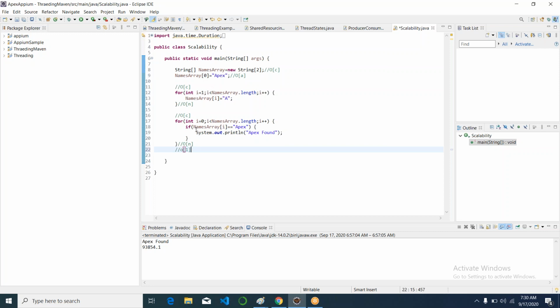So if you take the best case, the time complexity will be constant, but if you take the worst case, the time complexity will be linear. So whenever you're calculating the big O notation, you always need to consider the worst case. That is one of the rules provided. You can exclude the dominant factors is one thing, and you also need to consider the worst case when you are calculating the big O notation. This is one of the thumb rules we have when calculating the big O notation. So this is all about calculating the big O time complexity and space complexity for a particular code. And we also have something like,